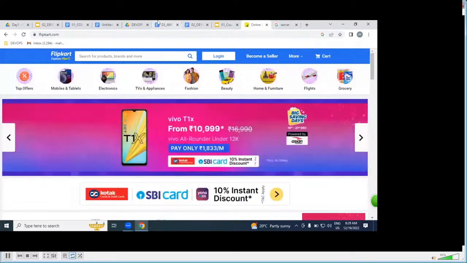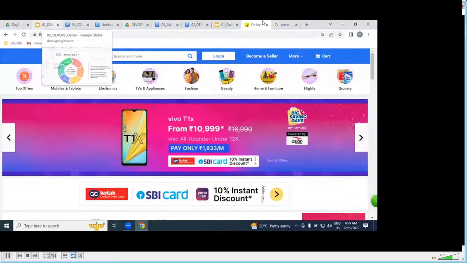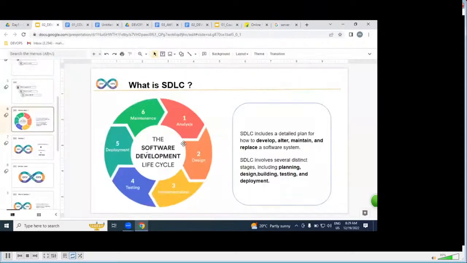Understood very clearly. In SDLC, we have several stages and several phases: analysis, design, implementation, testing, deploy, and maintenance.